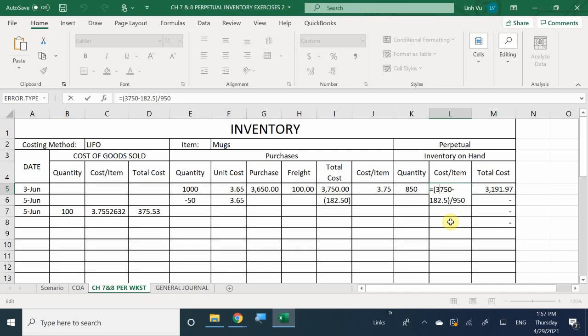You cannot self-reference this one because if you do, every time you change the quantity, it's going to automatically update your cost. So the cost per item, right now the formula should be the 3750